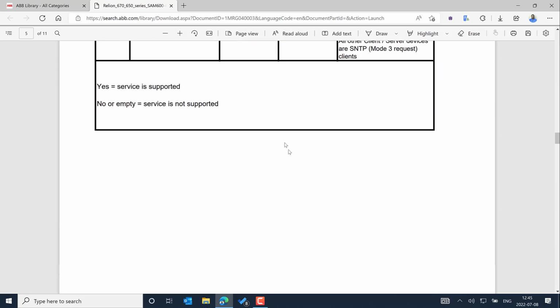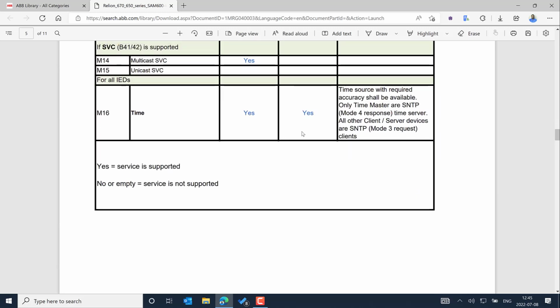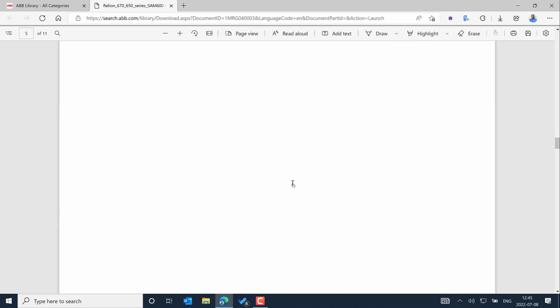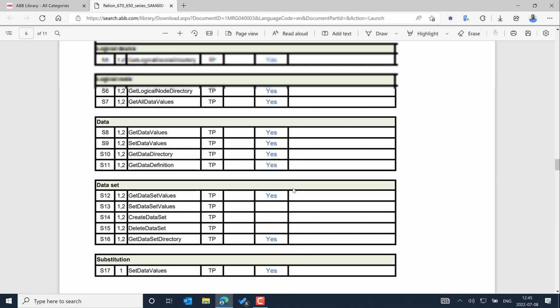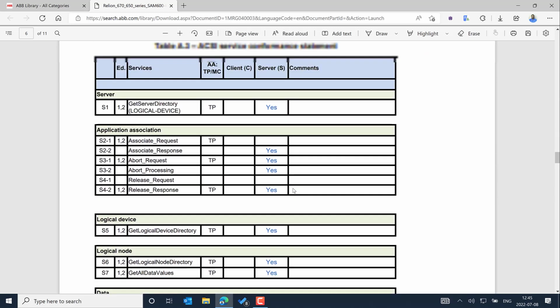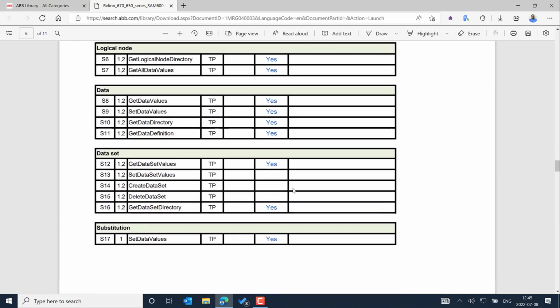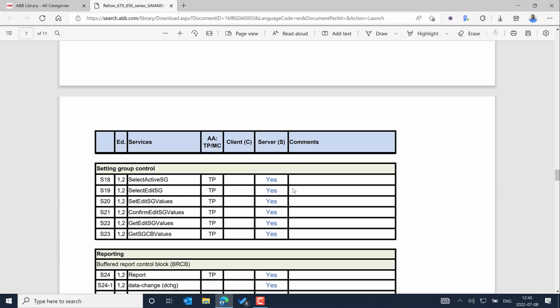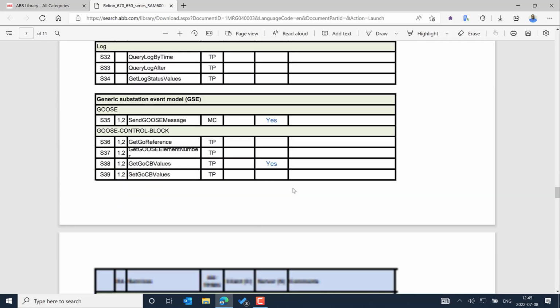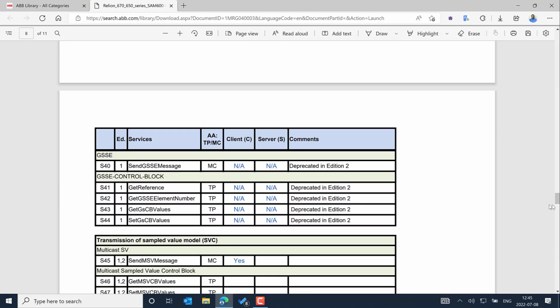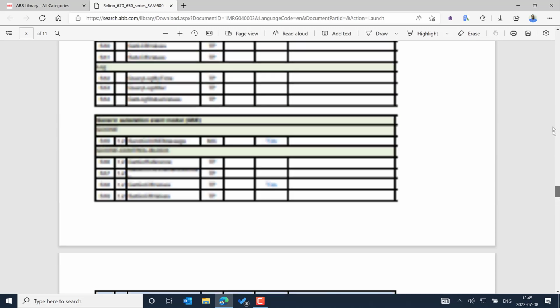And the time server capability, it can synchronize to many different time sources, and it can also be used as a time server when there is a requirement in some of the setups. And some of the detailed information you can explore related to the implemented services on the top level in this PICS document. So the PICS enable us to know the implemented protocol